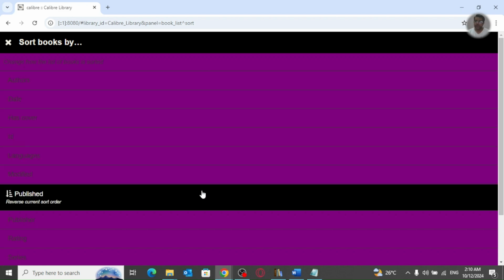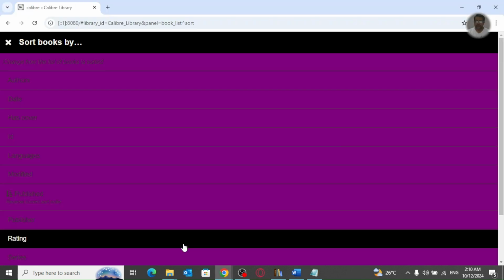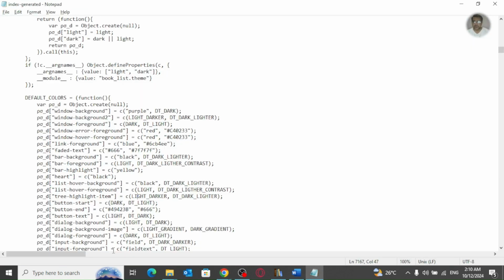See, this is black now. Foreground color is actually light. So this is light. It's written with light. So you can change this to